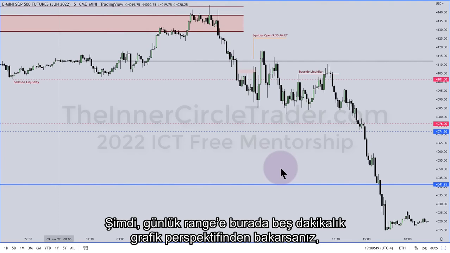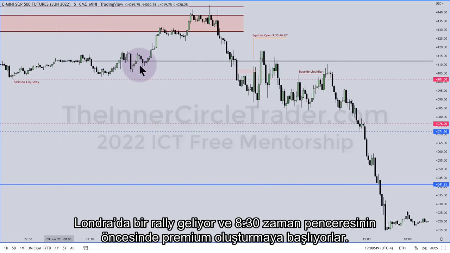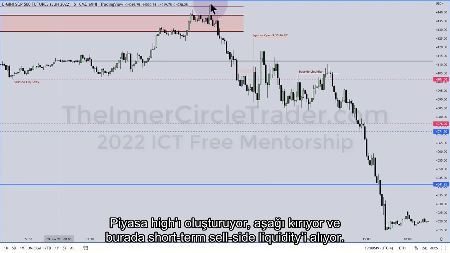Now, if you look at the daily range through the scope of a 5-minute chart here, you can see the opening price here at midnight. Prices gravitate around that. And in London, they rally and start building in a premium ahead of the 8:30 time window. The market creates the high, breaks,